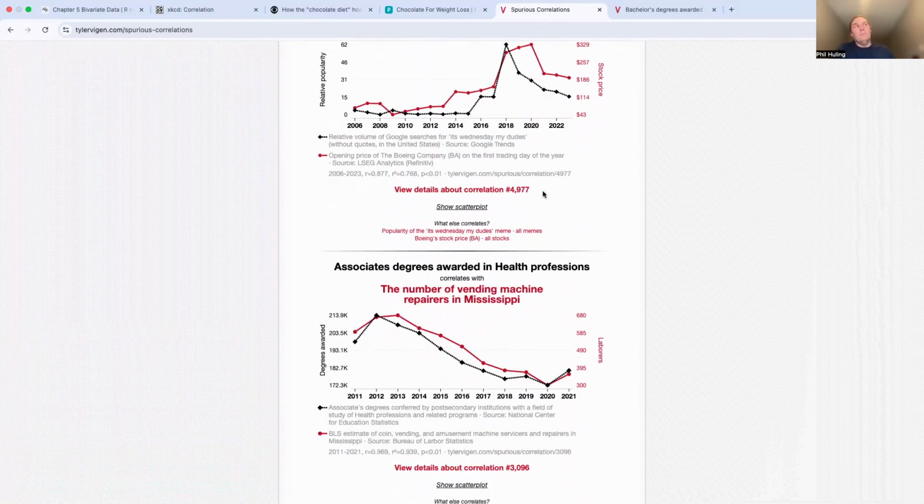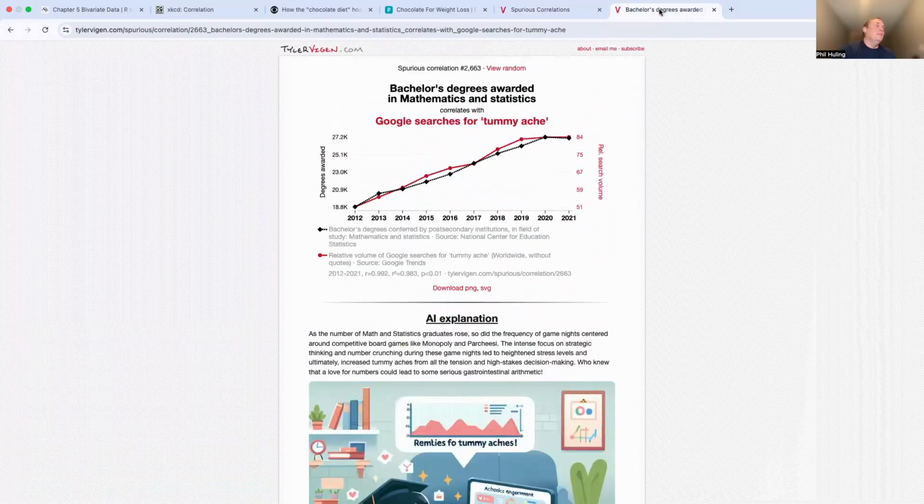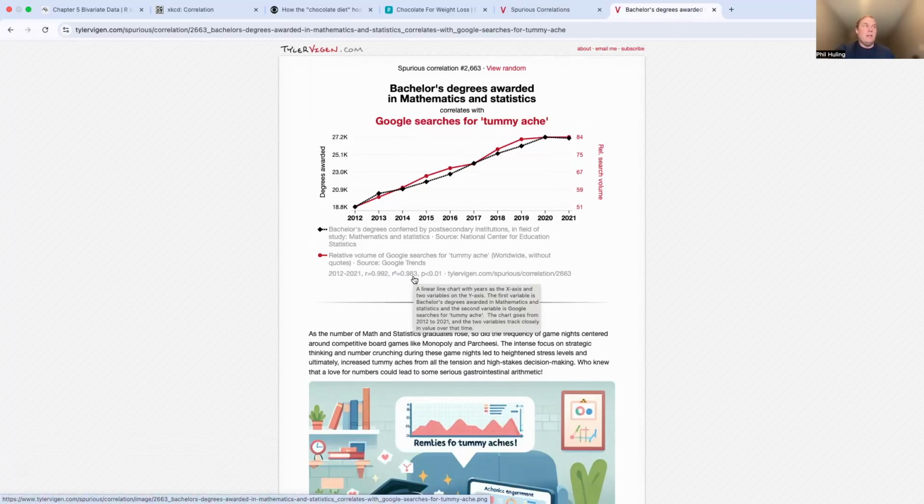The one I found most interesting for our class is this one. This is the bachelor's degrees awarded in mathematics and statistics as it correlates with Google searches for tummy ache. We get an R squared value of 98.3%, which we will soon realize means that it appears that knowing the number of bachelor's degrees awarded in math and statistics can improve your guess about the number of Google searches for